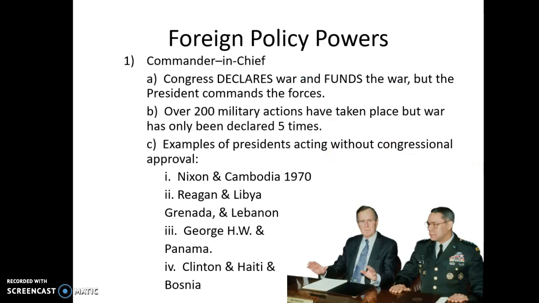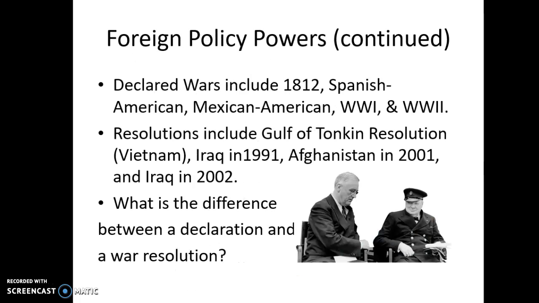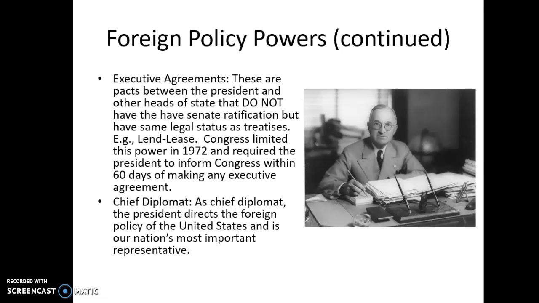Foreign policy powers. The president is the commander-in-chief of the United States. The president has the powers to provide for executive agreements. These are pacts between the president and other heads of state that do not require